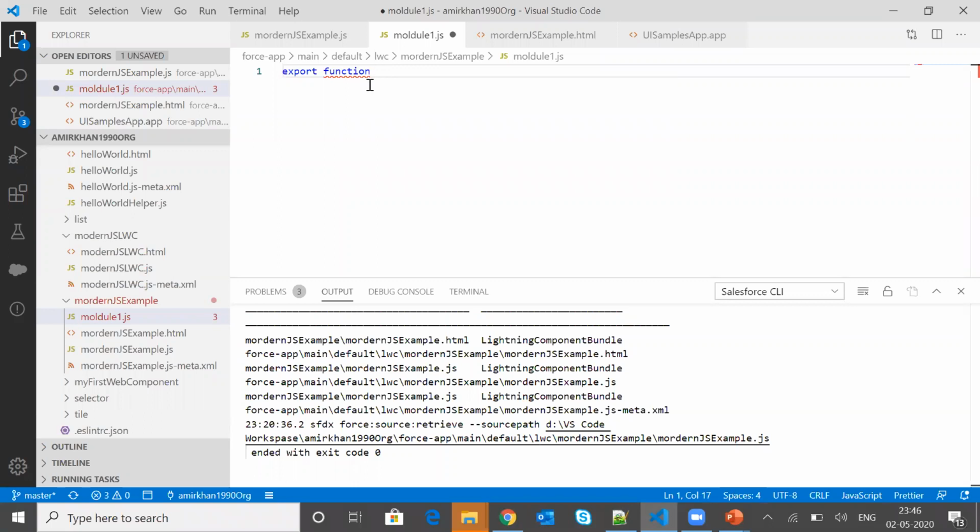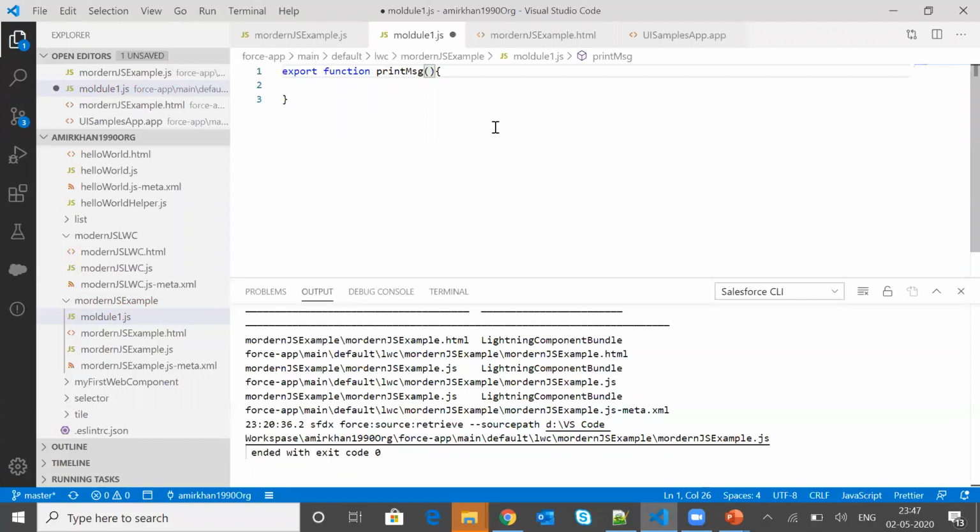Let's say the name of the function is printMsg. With this printMsg, I will be passing attributes, which will be displayed whenever this method is executed.